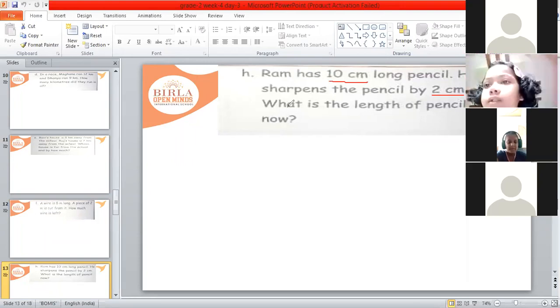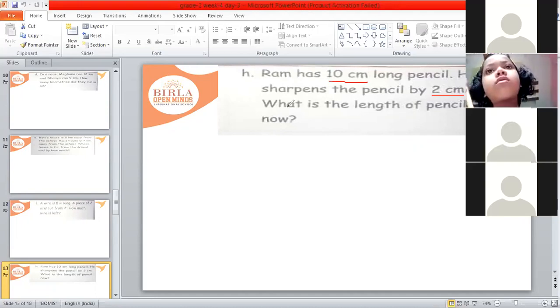So this means what we have to do, we have to subtract the given numbers, because if you will observe this carefully, whenever you will sharpen your pencil, you will realize that the size of the pencil is decreasing every time you sharp. So this means if it is becoming small, we have to subtract the given numbers here, right? So we'll start writing these statements now.